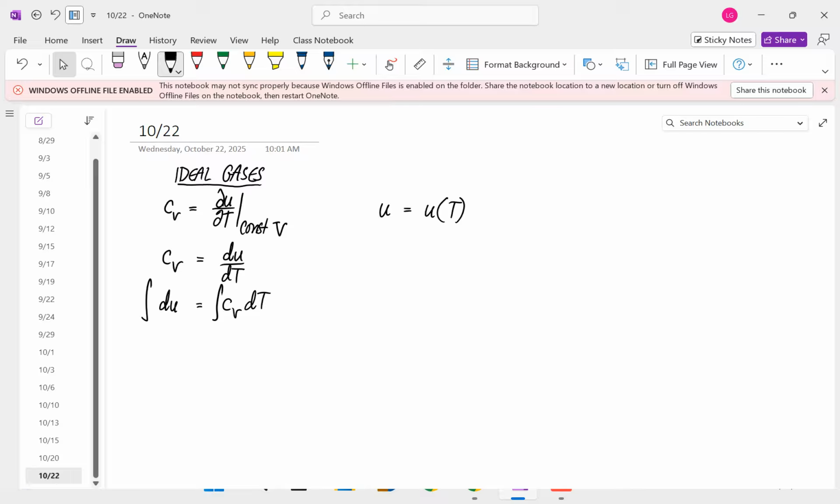From this equation, you can calculate the change in internal energy, and then the change in specific enthalpy is equal to the change in internal energy plus the change in pressure times specific volume. Specific volume does change for an ideal gas. And you can use the ideal gas law to calculate